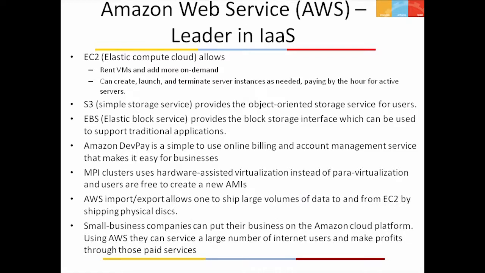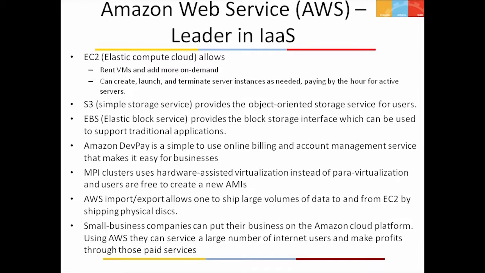So as I said, small business companies can put their business on the Amazon cloud platform. Using AWS, they can actually service a large number of internet users, and they can make profit through those paid services. Essentially, for small business companies, it makes sense to rent the infrastructure as opposed to installing it on their own, and therefore they reduce their capital expenditure.